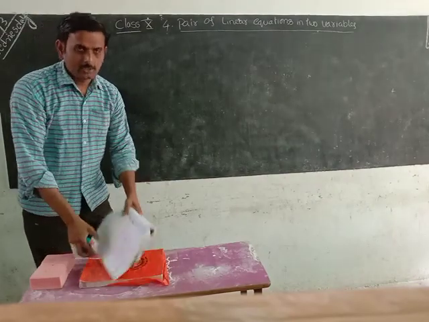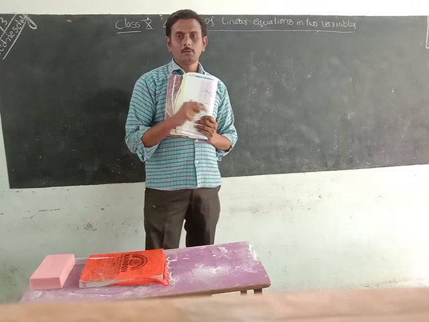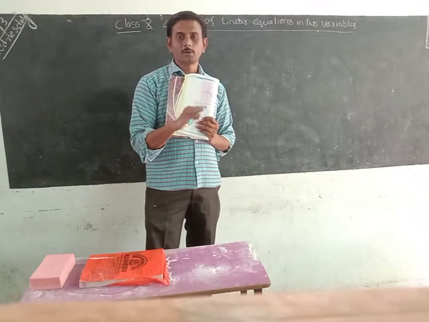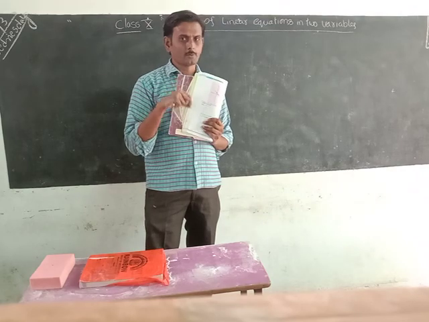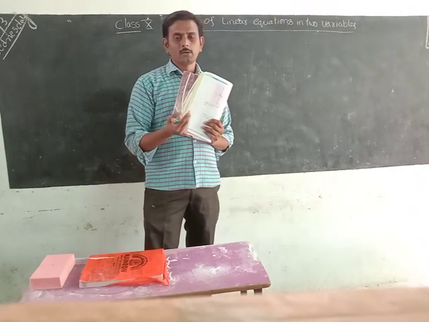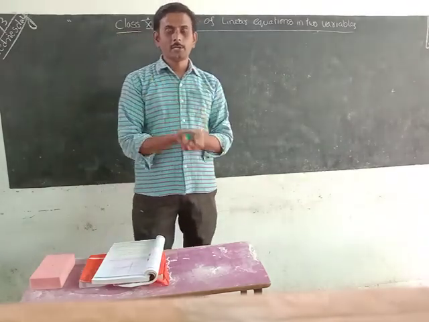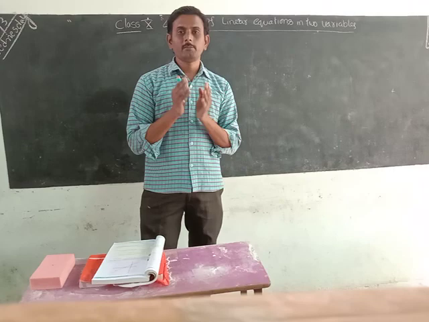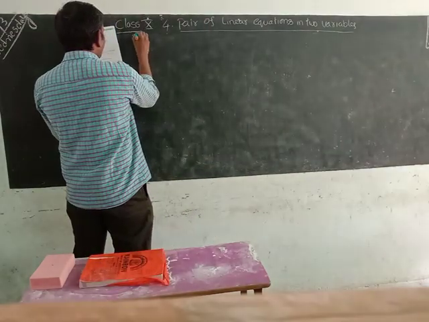Okay, find the p value. You have to know we have taken a pair of linear equations. Those have one solution, many solutions, or no solution. We found that up to now. Now onwards, we will give you the equations, and you have to identify which category they are related to. By using that condition, we have to find out the missing value. Okay, try this.